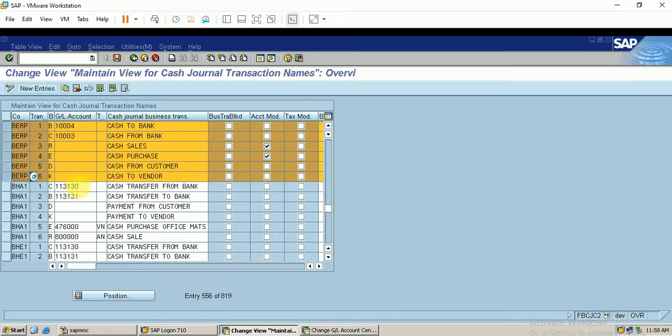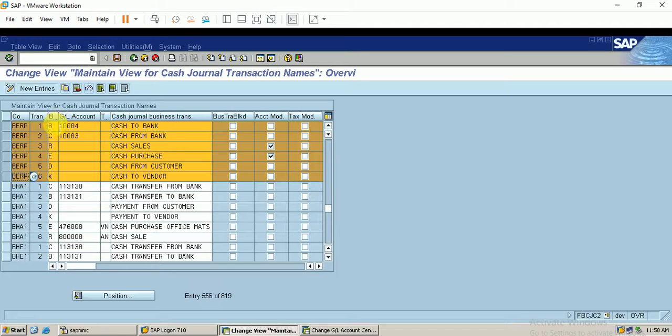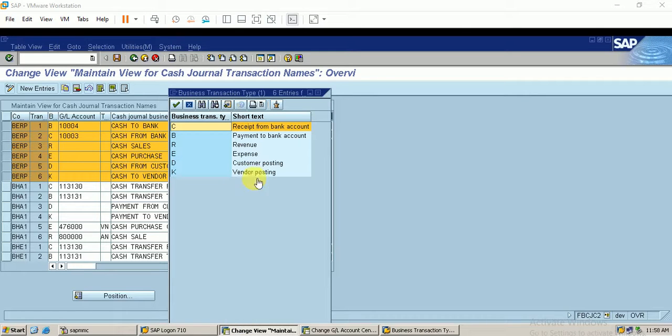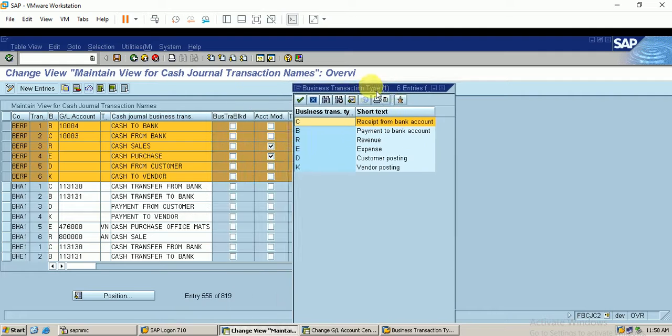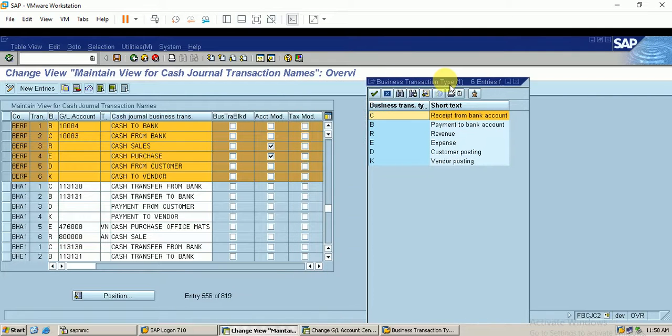So I have numbered the business transactions, and this is the business transaction type. B represents payment to bank account.